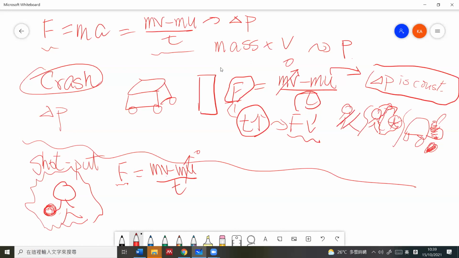OK, so when you release the shot, the final velocity will determine how far it goes. So the v determines how far the ball goes. Since the initial velocity is 0, so ft equals to mv, right? So there are a few ways for you to increase the v